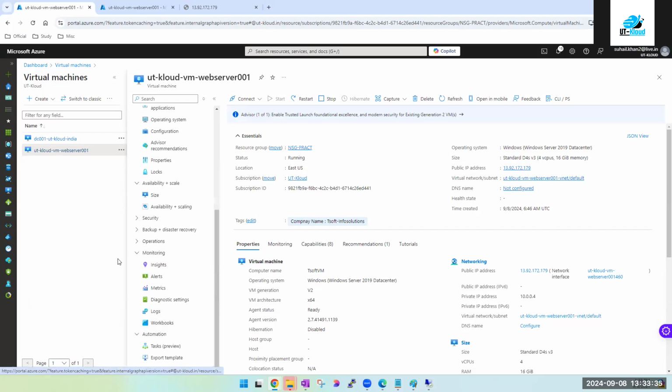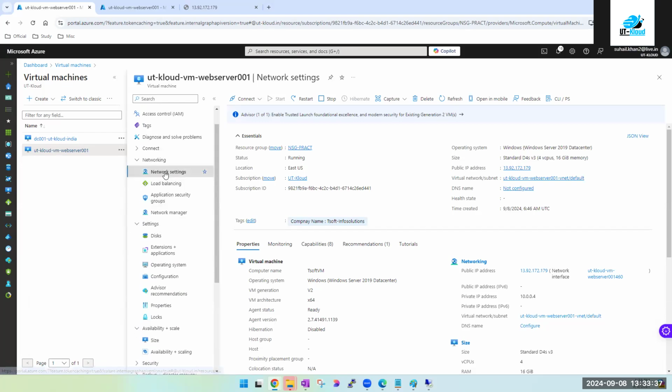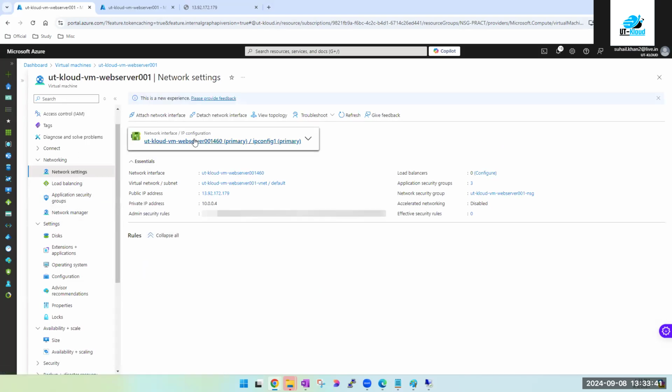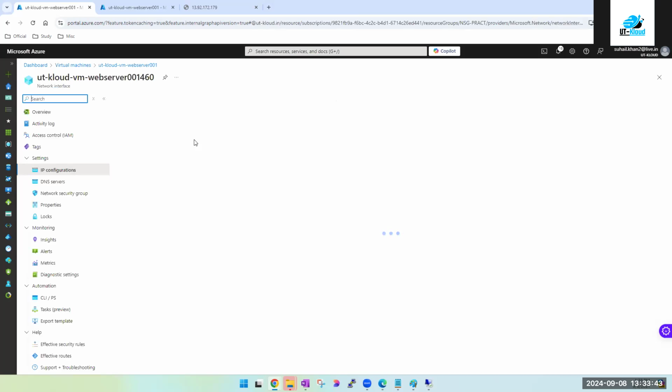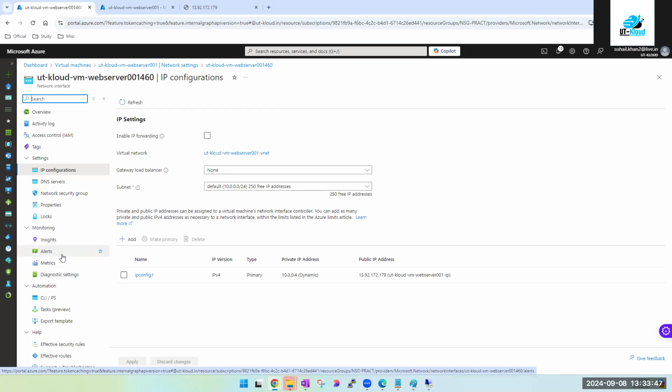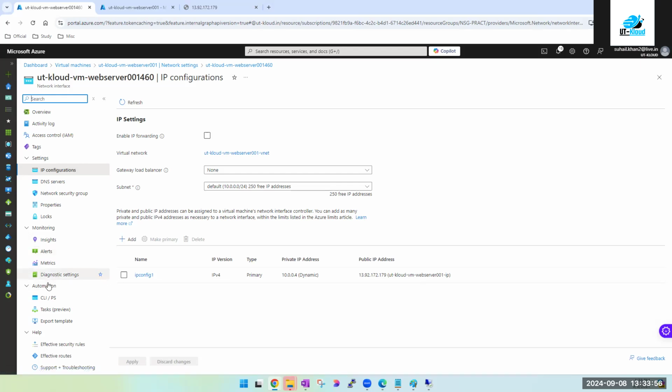IP verifier. I don't know where they have changed it. Let me quickly check. Networking में होगा. When I click on NIC, this is very important. You can use this in your interview. When the interviewer says that one particular machine is not able to access some sort of internet or some other destination, you can come here and under networking or under NIC, you have,